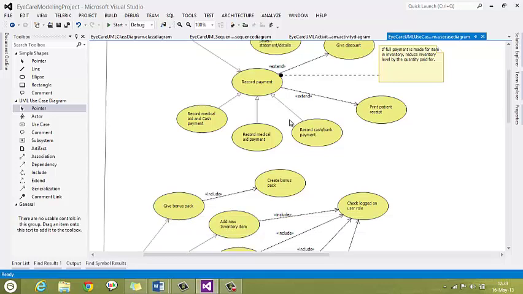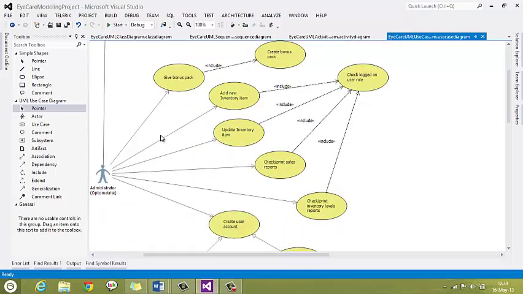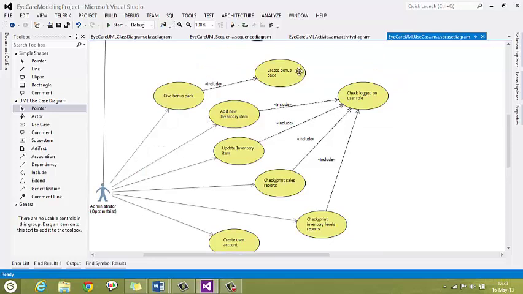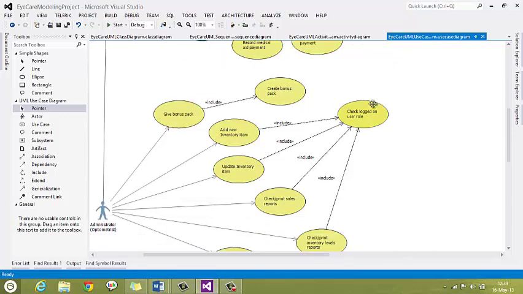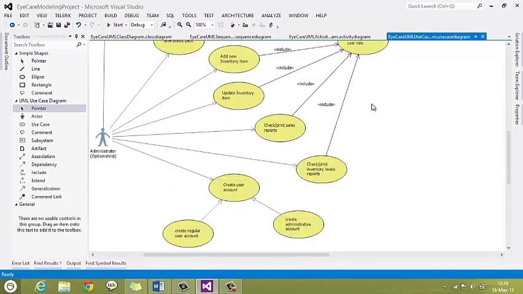Now the administrator has the right to give bonus packs, create bonus packs, add new inventory items. Now first you include check log on user role. Administrator can be able to create a user account, because this is going to be an internal system, so only the administrator can create user accounts. Once that's done,